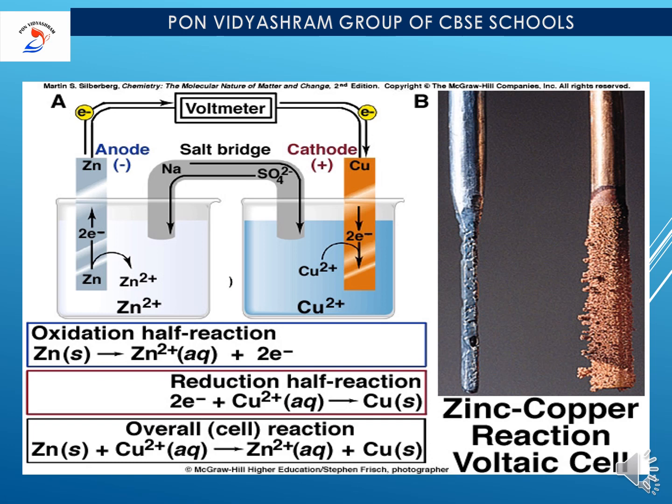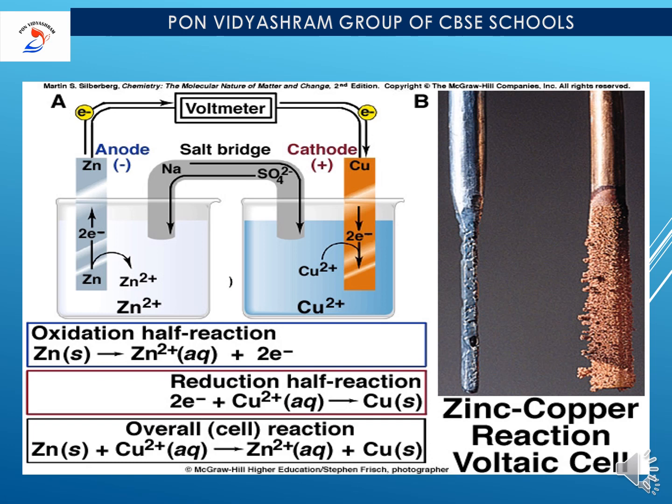So now what will happen? The charge will try to balance. Now what type of reaction will occur due to this? On the left hand side, the oxidation half reaction will occur. How? The zinc rod donates electrons, and after releasing these electrons, it will be converted into Zn2+. We know that donation of electrons is called oxidation. So this is the first half reaction.